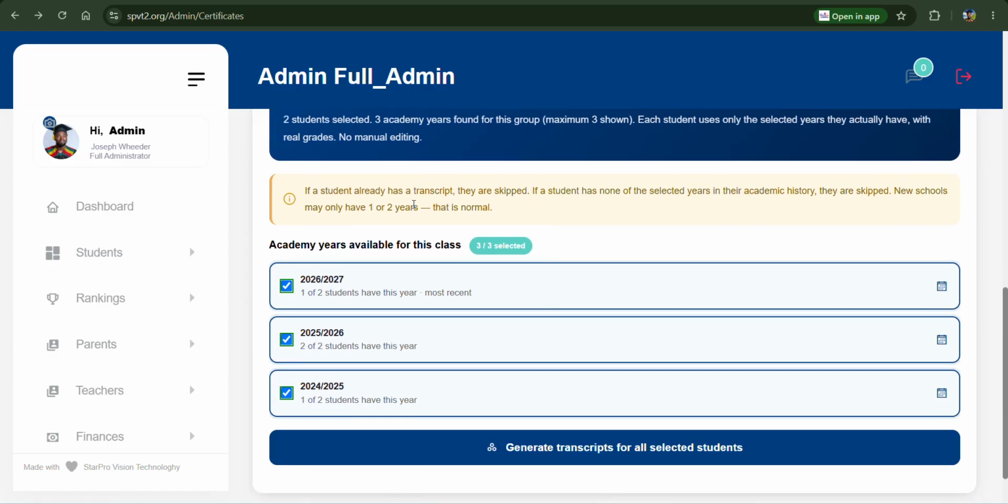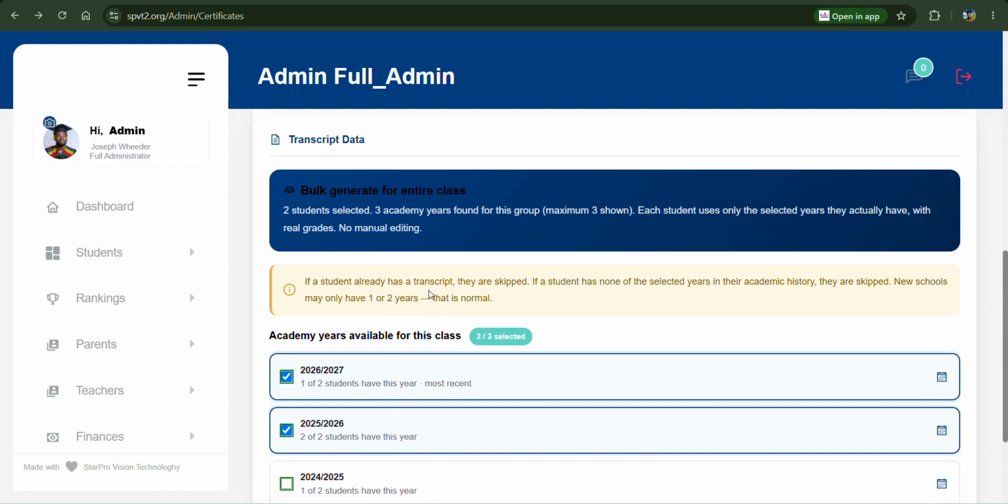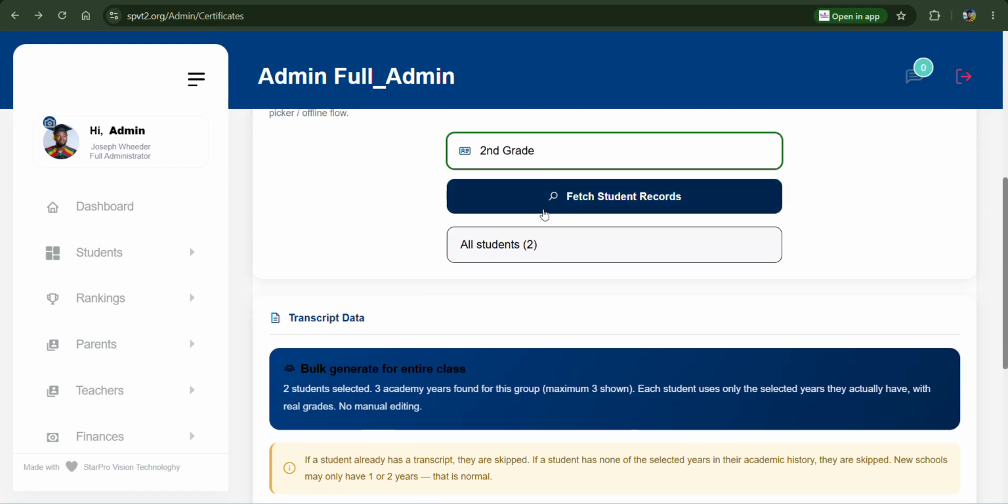So now all the past academic years will be here for your school that you have in the second year. First time using it, you only see one year. For this particular practice version, you see here we have 1, 2, 3. The max will be 3, because most of the time transfers always stop at 3 past academic records. If you don't want one of them, I can uncheck this one, just leave 2025, 2026 and that of this other class. Okay. So now this is second grade. I want to generate